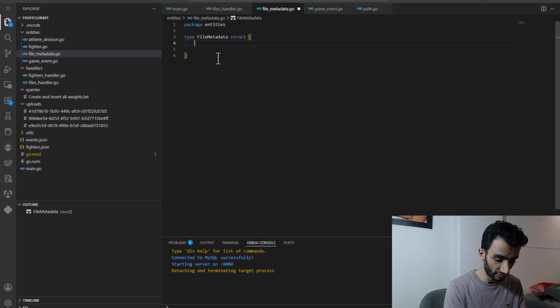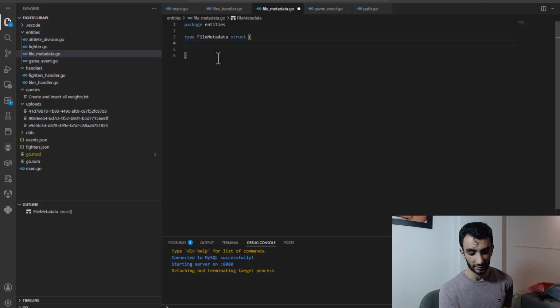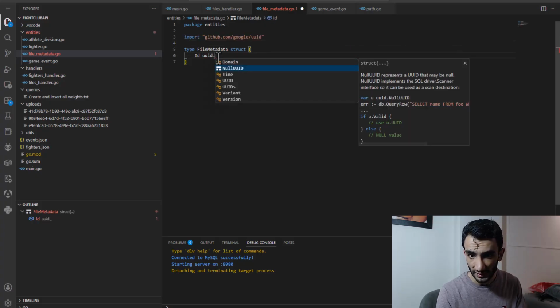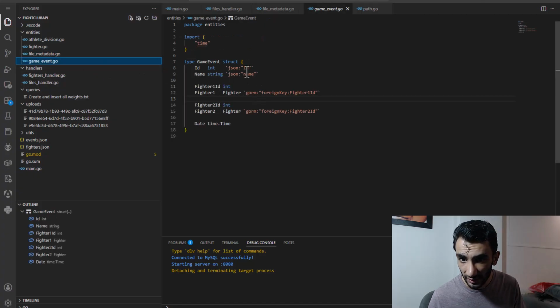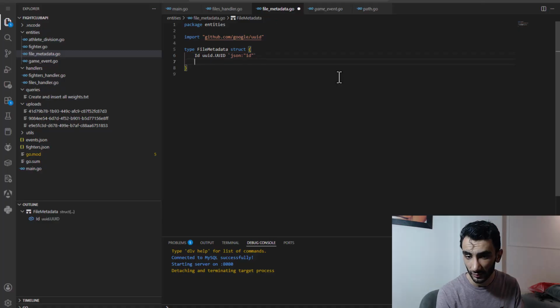The first thing we have is probably ID, so ID is a dot UUID, and it's a JSON name ID. Let's check that it's a correct syntax. And we have a name, it's a string probably,